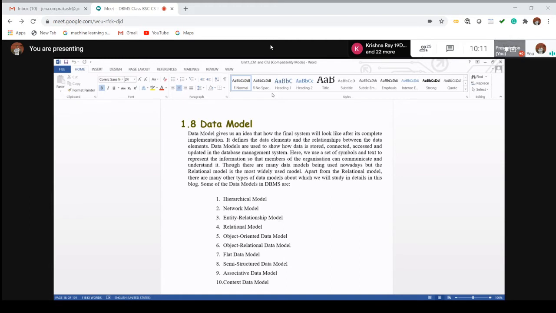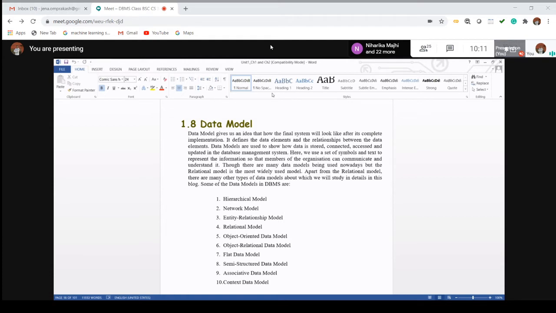Let the name of the table be student, with attributes roll number, name, address, date of birth, contact number, all stored in the form of a table. So in a relational database system, the data is stored in the form of a table, which is the combination of rows and columns.